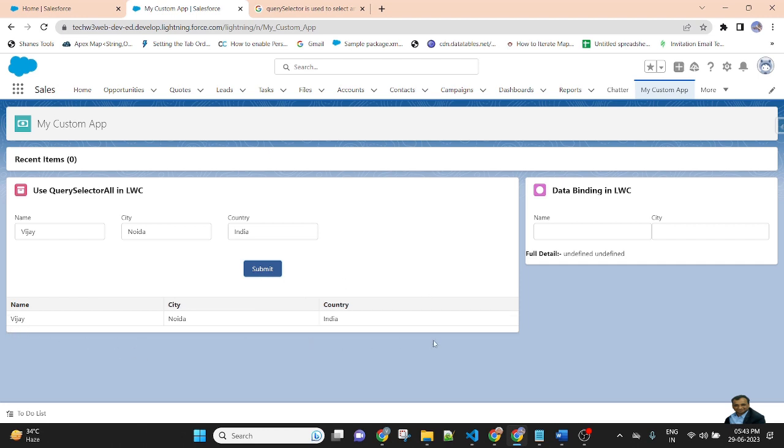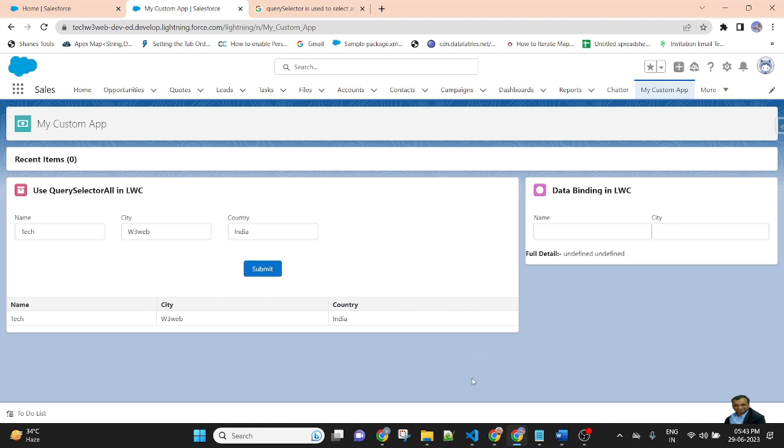You can see the values are populating in the custom HTML table. Then I enter Tech W3 Bay and India, then submit. The value is populating in the HTML table.